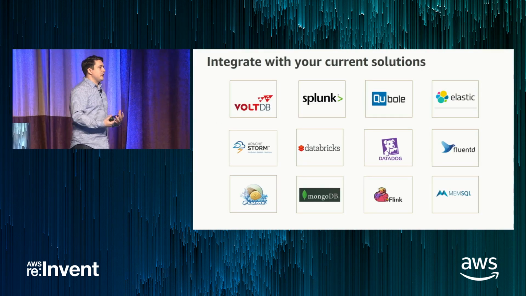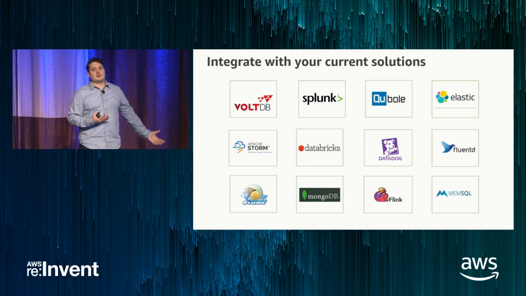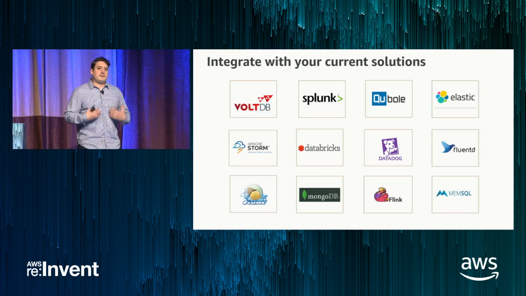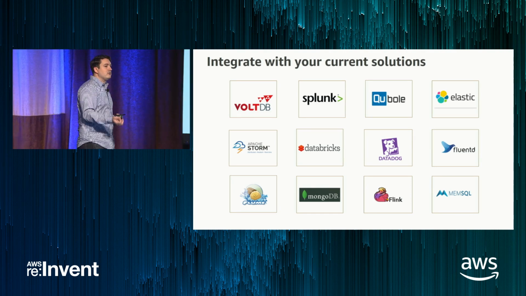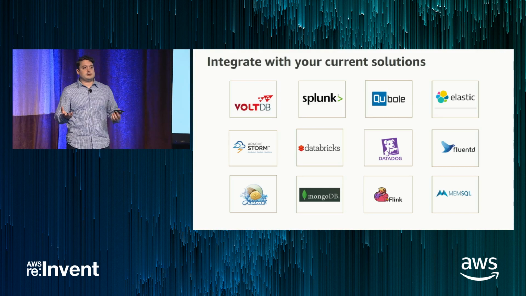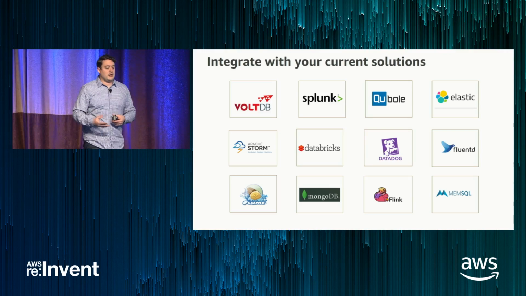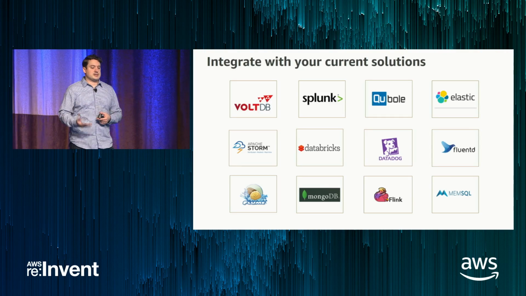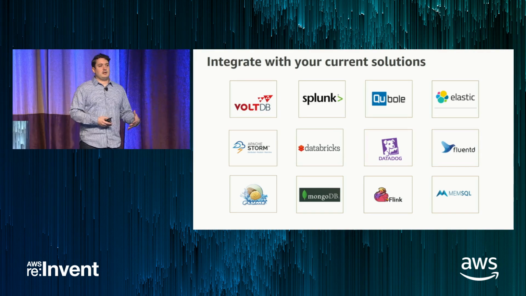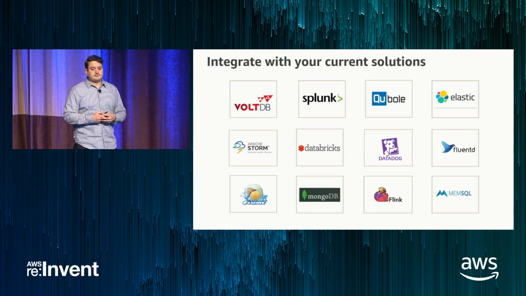We also have a lot of integrations. We showed one example, but we have a lot of customers that use one of our other solutions. They might not use Kinesis Data Analytics, they might use Splunk. Kinesis Data Firehose recently announced a beta for a Splunk integration. So if you just want to deliver your streaming data to your Splunk cluster, we've got that. We have a number of connectors with other solutions, such as Databricks and Apache Flink. This is one way to solve a problem. There are many different ways to solve the problem, and they all provide very good integrations.